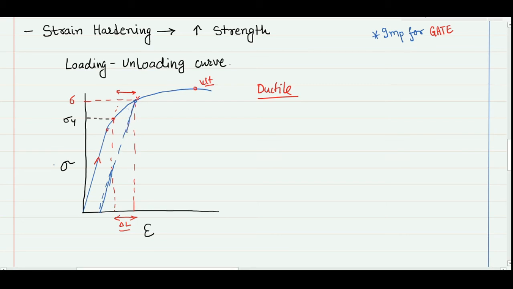This line represents the unloading curve, which is parallel to the initial line. So these two lines are parallel, and this is your unloading. The material will reduce in length, and whatever finally remains here is your permanent deformation. Either you talk about this change in length or that change in length, both are the same, because whatever strain is generated during the elastic state will recover, but whatever is generated after the elastic limit, during the plastic deformation, will not recover. So this is your permanent deformation.